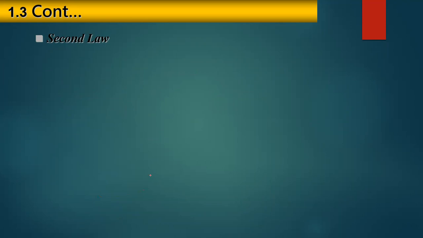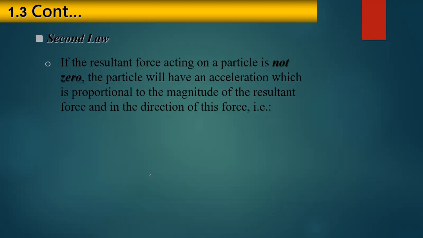So what this states is that if the resultant force acting on a particle is not 0... The first law talks about the particle which is either at rest or in motion, but the resultant force on this particle is 0. And then the second law talks about